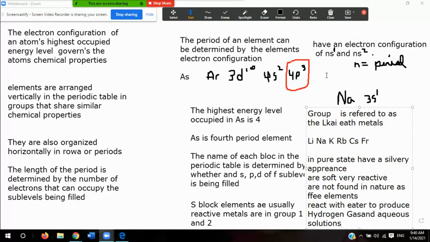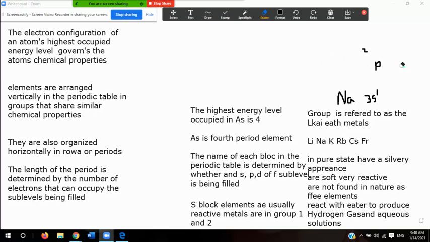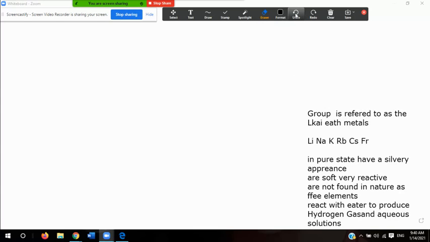Okay, so now let's talk real quick about the group two elements. Let me just erase some of these things over here so I can have some more space. We're almost done here, guys. So the group two elements consist of